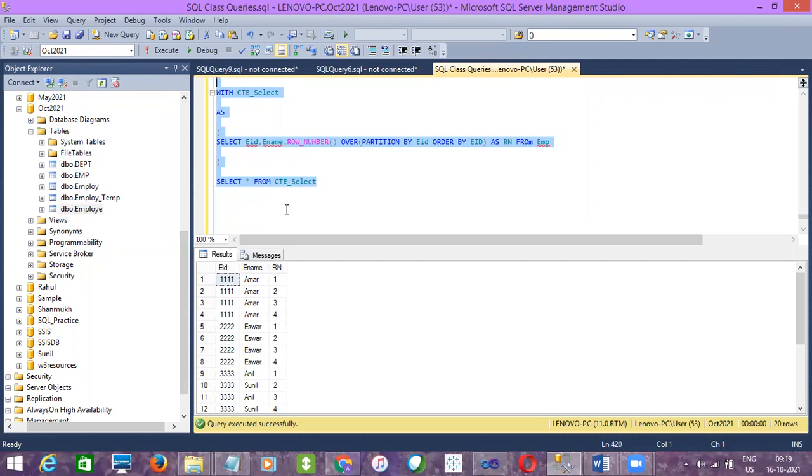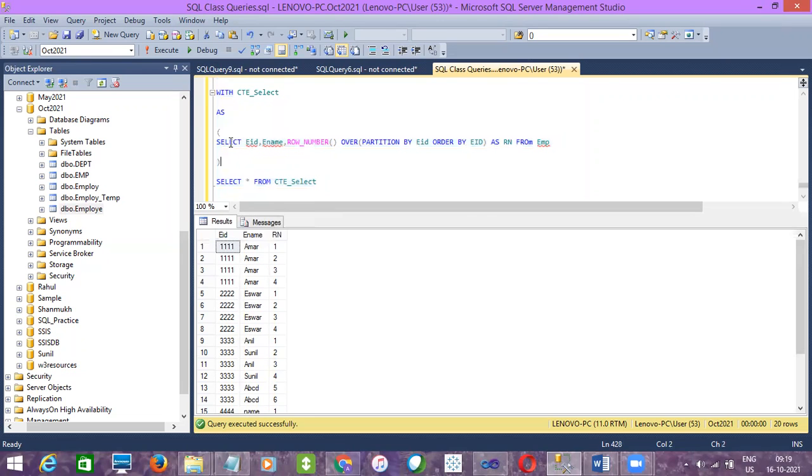All right. So coming to the explanation of the query, whatever I have written. I just wrote select employee ID, employee name, and then ROW_NUMBER, which is the ranking function, and OVER. So I'm performing ROW_NUMBER over this part. That is what it means. This ROW_NUMBER I'm applying over these conditions, which is PARTITION BY. So what PARTITION BY will do is, let's say there will be groups, right? So similar groups will get together with the use of partition.